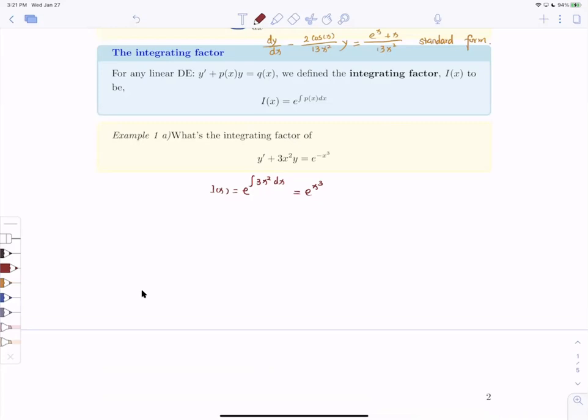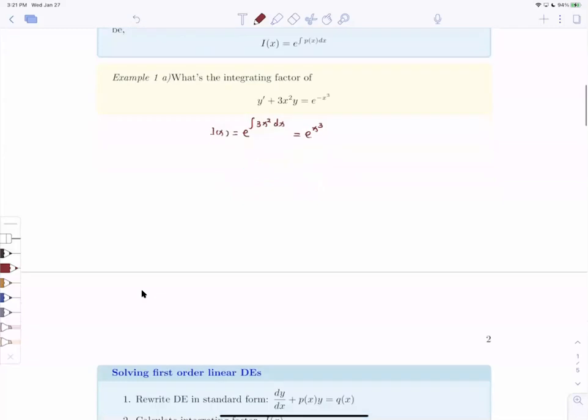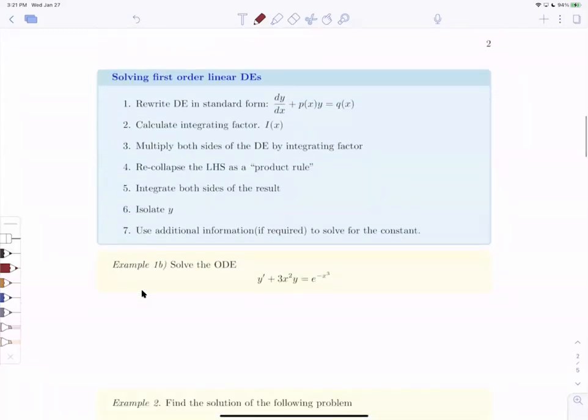Because if you add a plus c later on, you can combine that constant in somewhere else, so you don't really need to do that. Anyway, here are the steps you need to do when you try to solve a first order linear ODE. First of all, you write it in standard form, just like we talked about before, and then you calculate the integrating factor, which equals, recall it again, e to the power of integral p(x) dx, and then